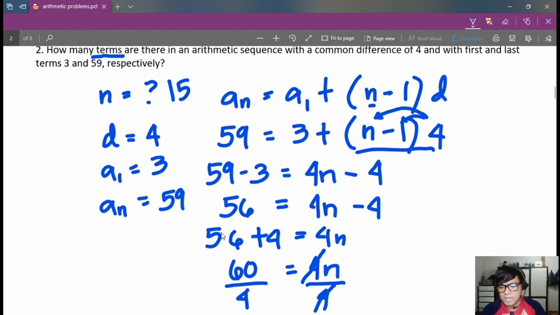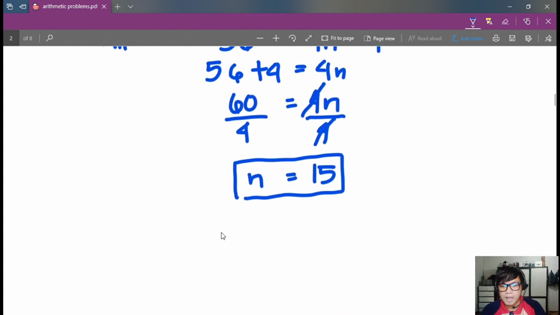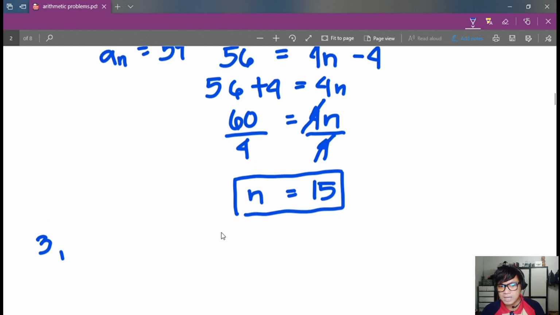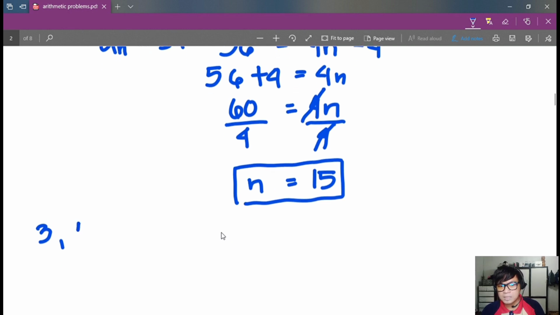I-check daw natin kung tama. Ang first term natin is 3. So, yung iba, kung halimbawa, tinatamad kayong gumamit ng formula, alam naman ninyo ang common difference, i-successive addition na lang natin siya hanggang marating natin yung last term, which is 59. So, 3, 6, 9, 12, 15,